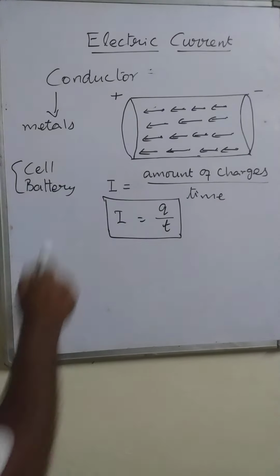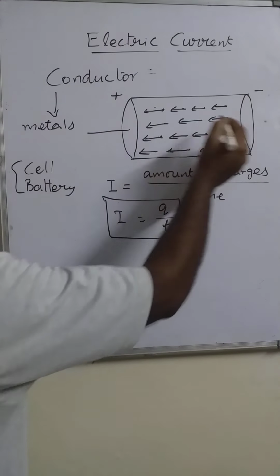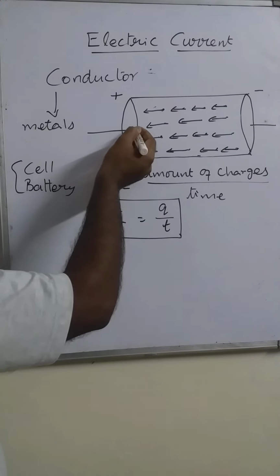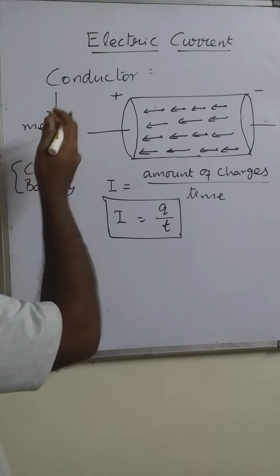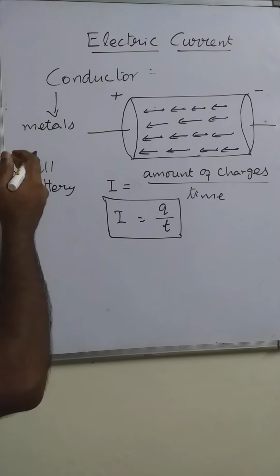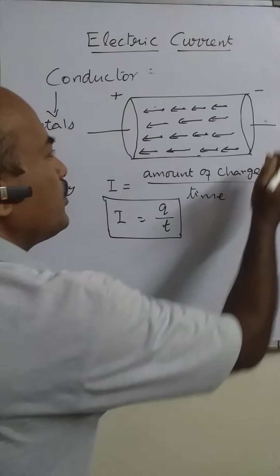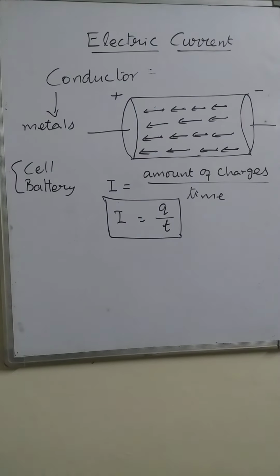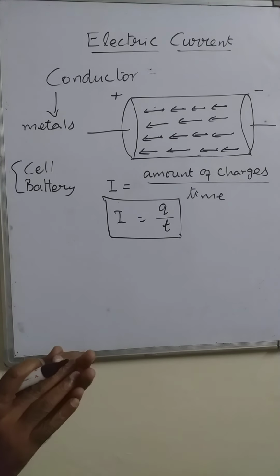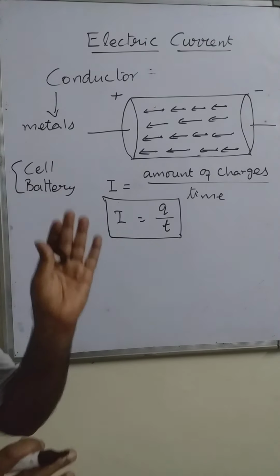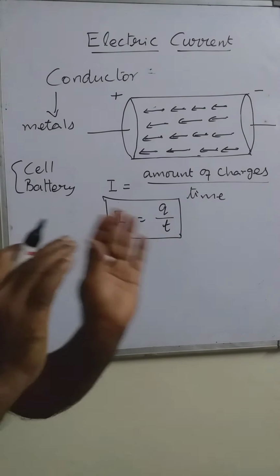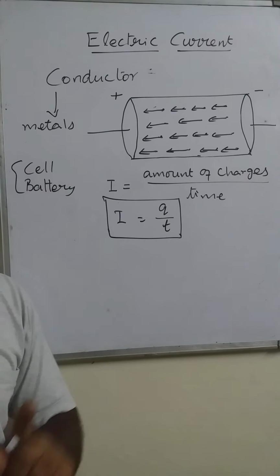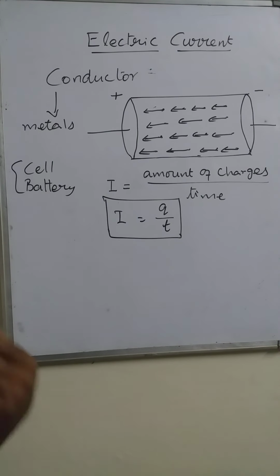whatever be the number of electrons, since it is connected across the terminals of a battery, the electrons flow through this conductor and then are released. As many electrons are released from the conductor, the same amount of electrons enter into it. So, in this conductor, the total number of electrons remains constant throughout the flow of electric current. So, we say even though the electric current is flowing, it is not charged, it is neutral.